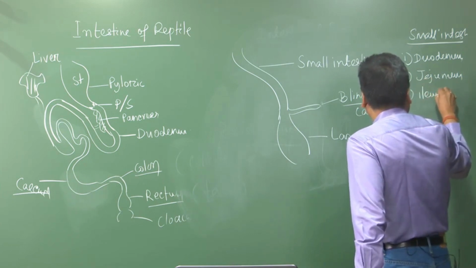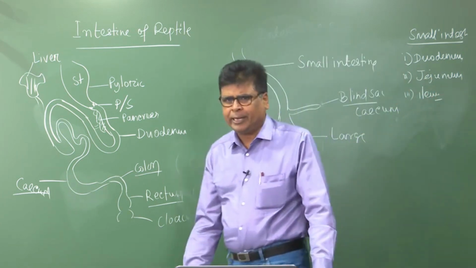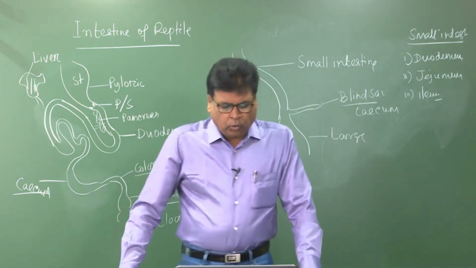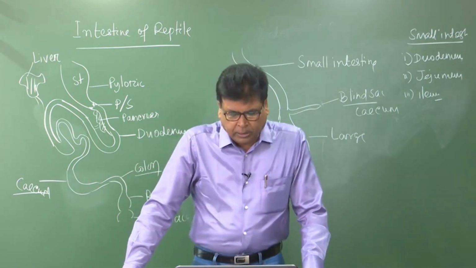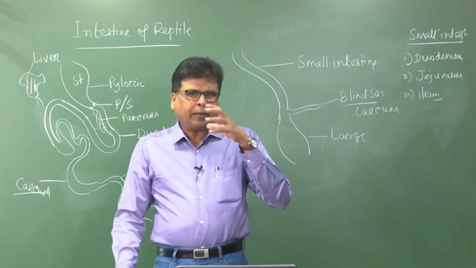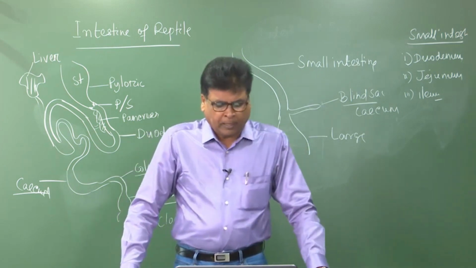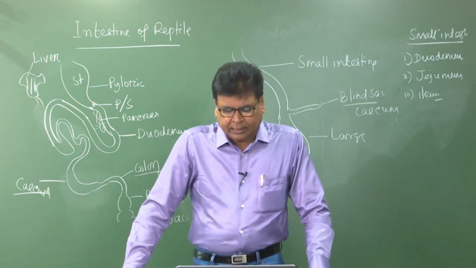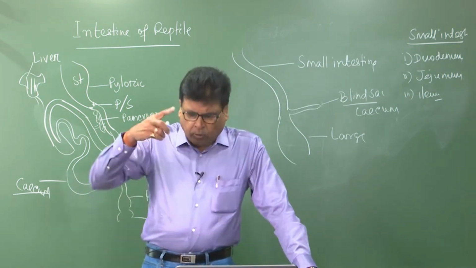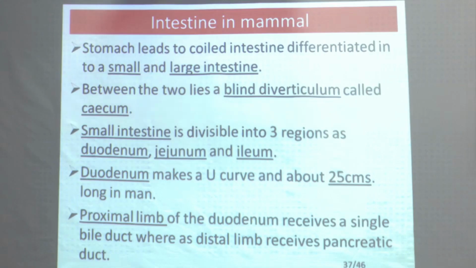So this is the ileum. So three parts are there in case of mammal. The proximal limb, if I again consider the length of this one, the duodenum makes a U-turn, a U curve with that of the stomach, and this duodenum measures about 25 centimeter